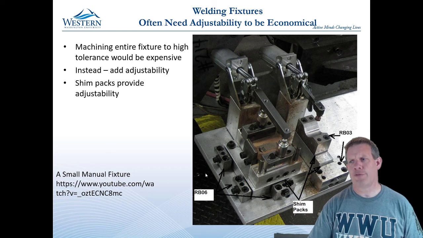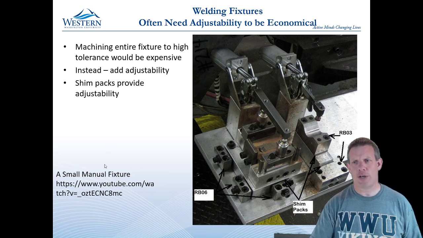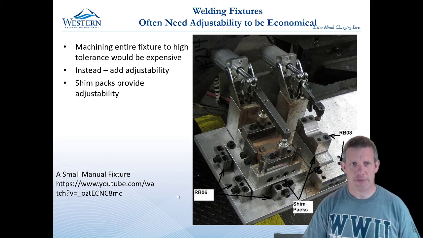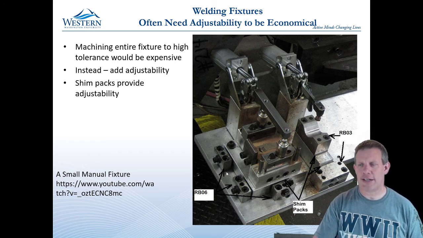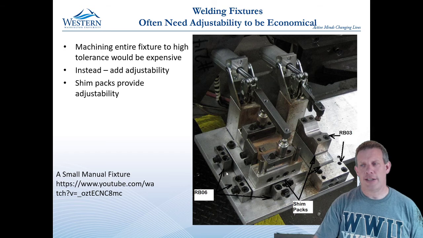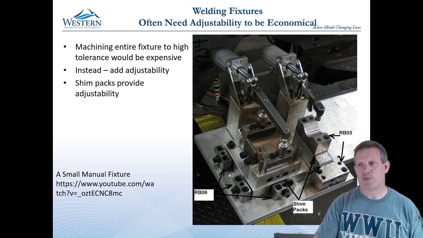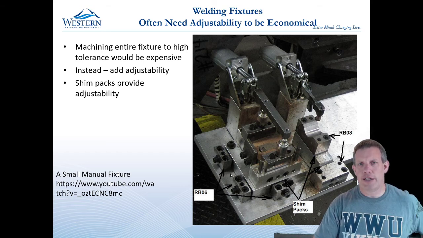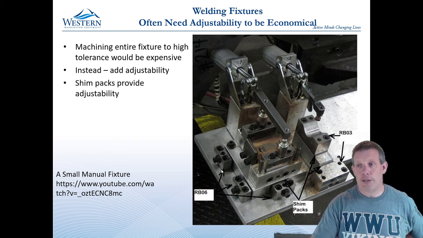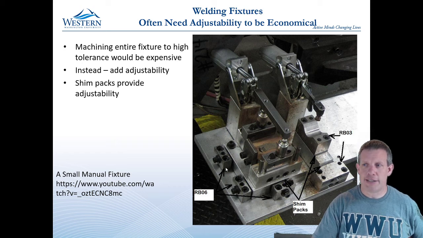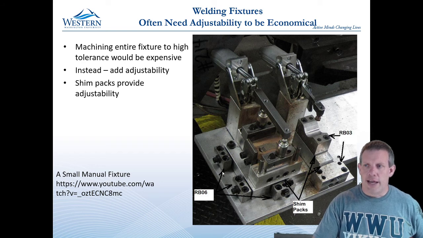One quick item from this, there's a video that you can watch all about the design of this fixture. It is not a very fast moving video, but one of the things that they talk about there is that in welding it often makes a lot of sense, rather than spending a bunch of money on a fixture to have precision, to make your parts undersize and then use things called shim packs to put them in the right place. And so what they do is these little blocks, they make all these little blocks undersized, and then they